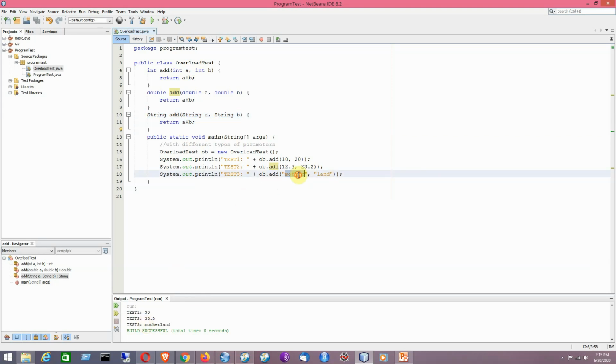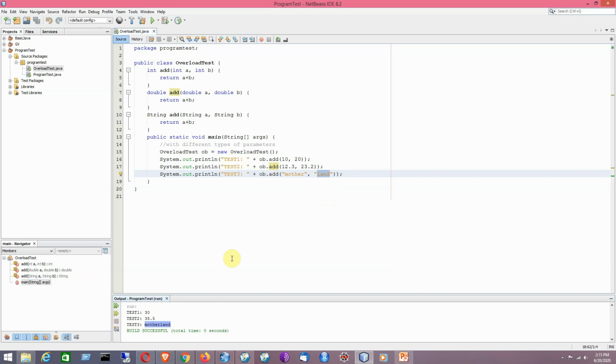These two strings will be concatenated, and by applying the concatenation operation we get motherland as the resulting string. So it is the example of method overloading with different types of parameters.